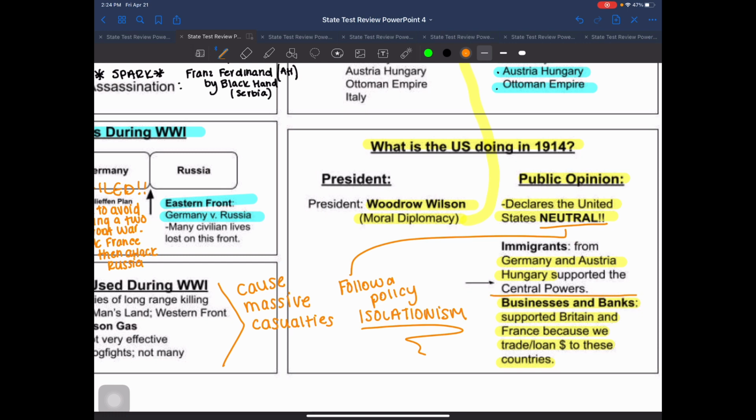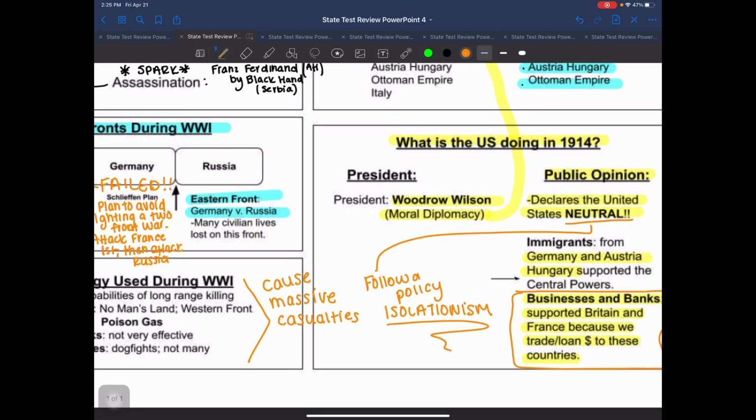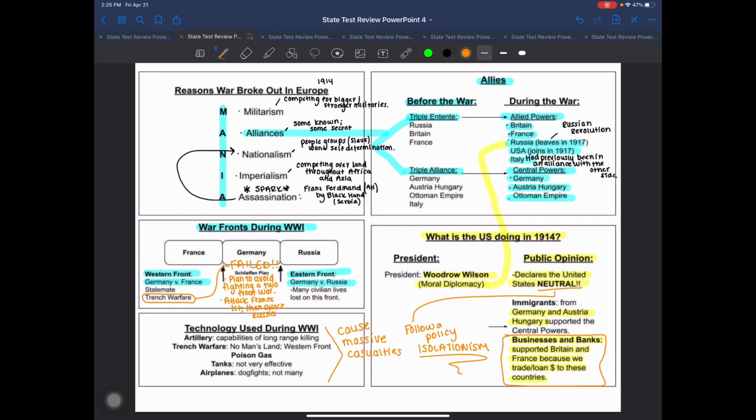But guys, this is so very important. Just the brutal honesty of it all is our economy is very closely tied to those of Britain and France. So if there's any side of this war that we are going to take, it is going to be Britain and France's. But right now, in 1914, we're not taking sides. Again, we are declaring ourselves neutral.